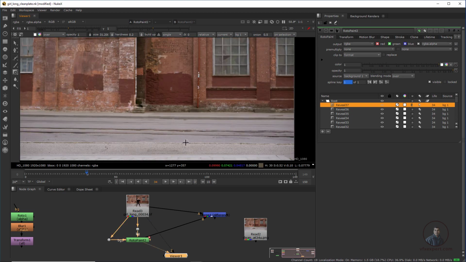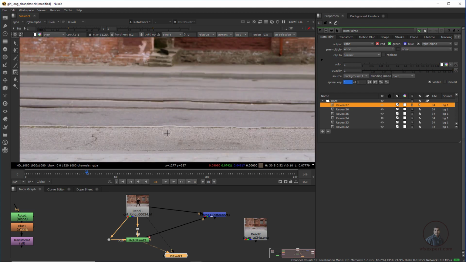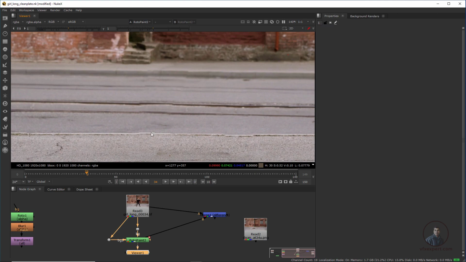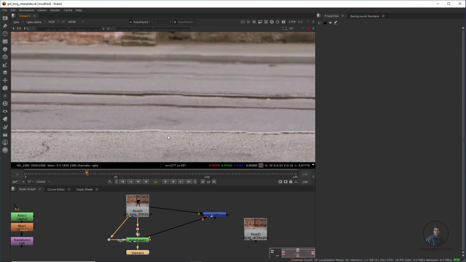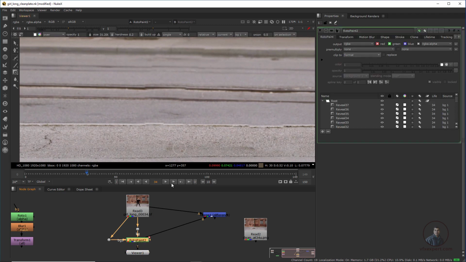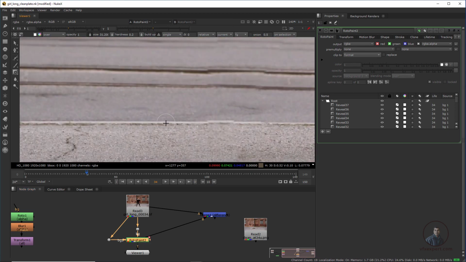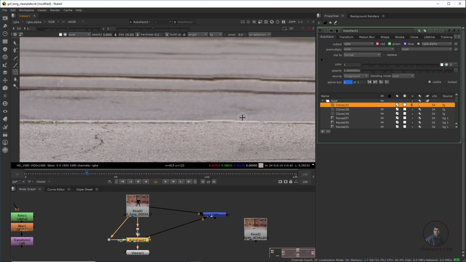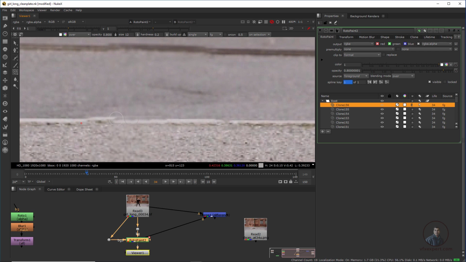For the remaining things, if you want to fine tune a little bit, maybe this one a little bit like this, you can also take another roto paint node here. With the help of manual cloning you can adjust this one, or here also. Double click it here and make it FG only, and if you want you can adjust this one. Hold Control and adjust this one. If there is any requirement you can adjust it a little bit here.